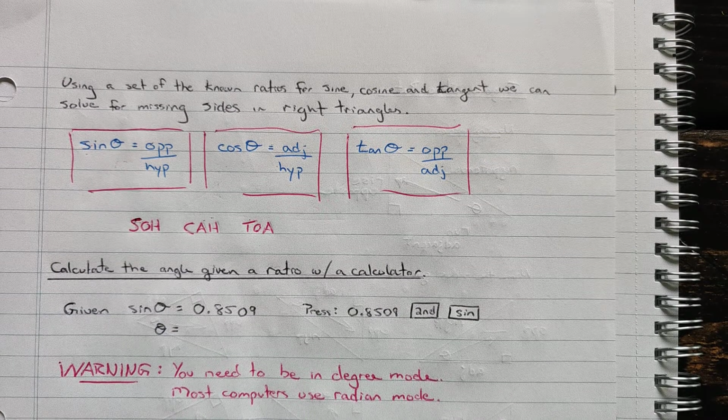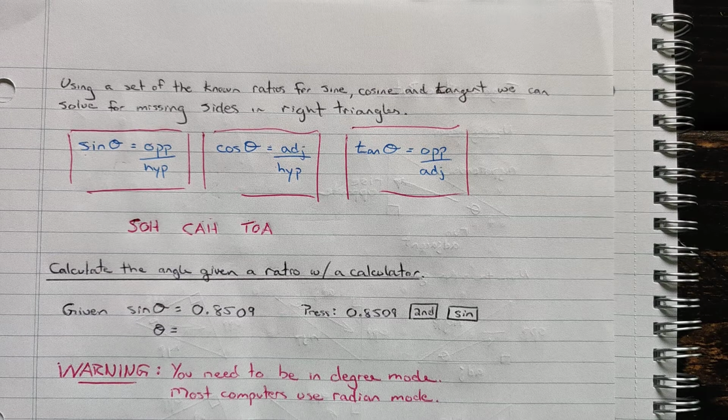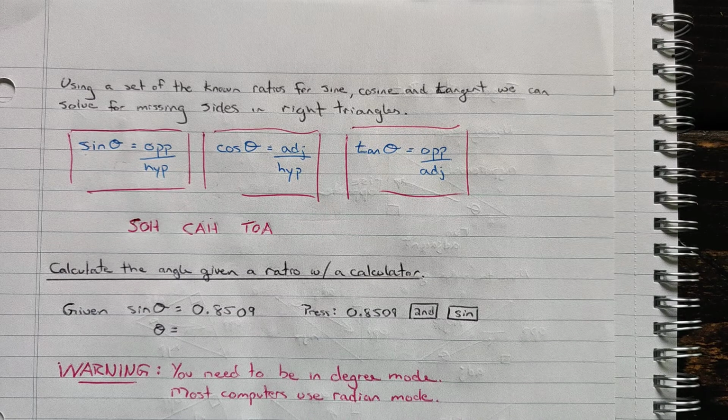So make sure that you figure out how to change your calculator's mode. Most calculators, if you just hit the reset button that's usually found on the back, push it with a pen or pencil, that will fix that issue and it'll go back to degree mode. Most home calculators will do that. But this is more of a computer calculator, and most computers,